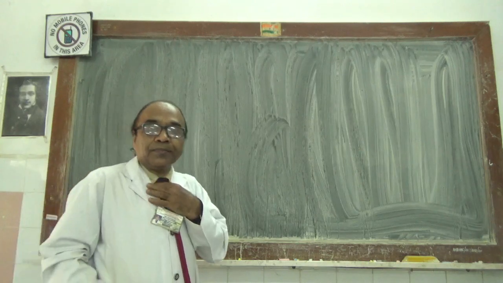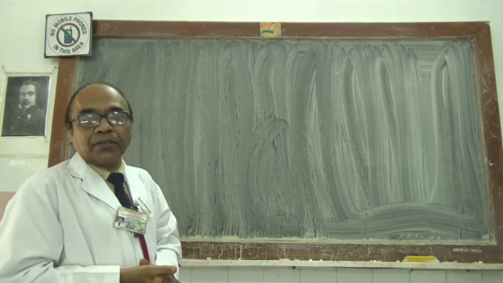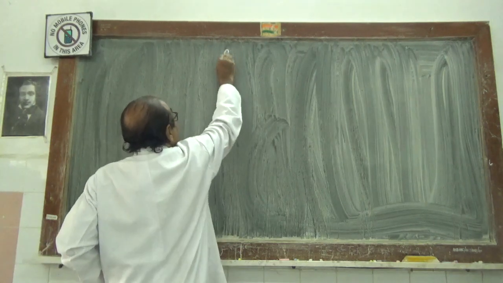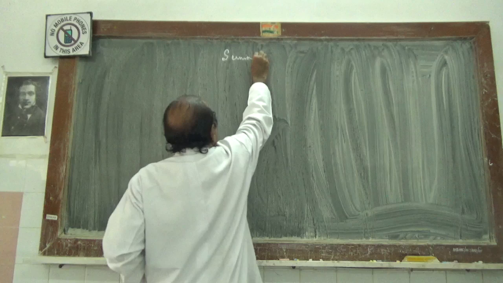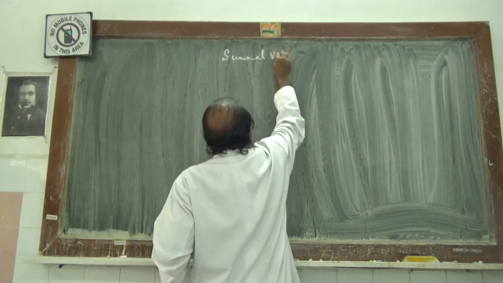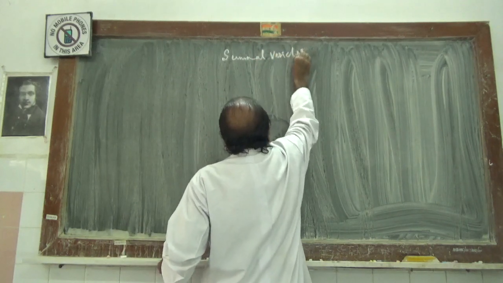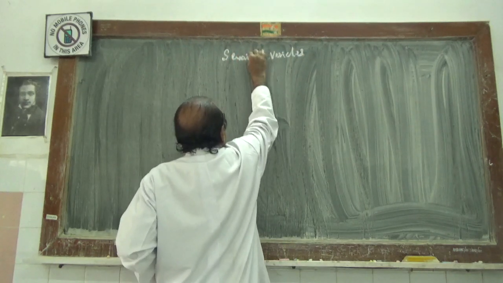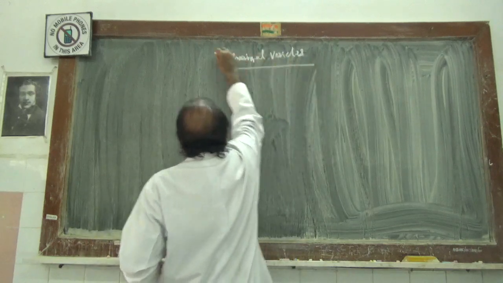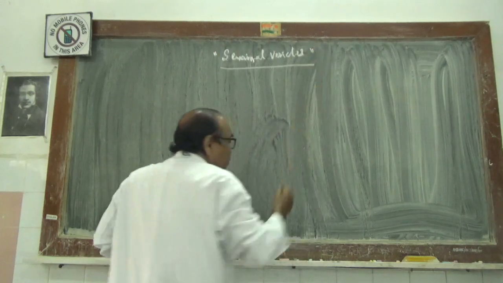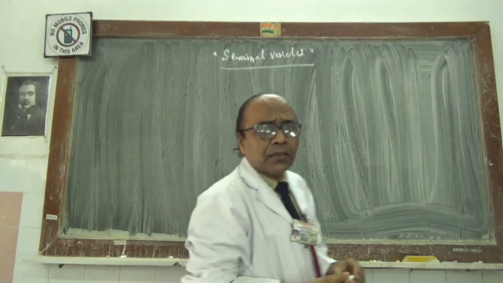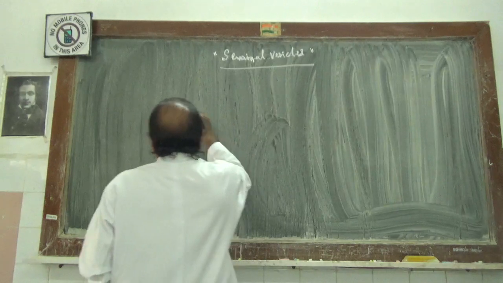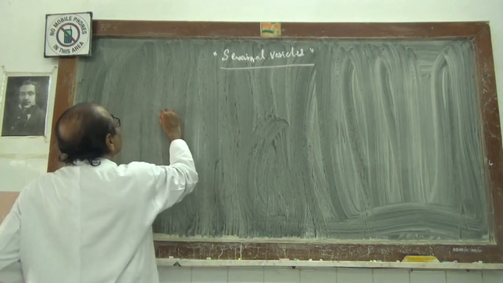Now we will go to the one topic. That topic is the seminal vesicles. Now these seminal vesicles, these are the male genital organs. Now these male genital organs, they are situated